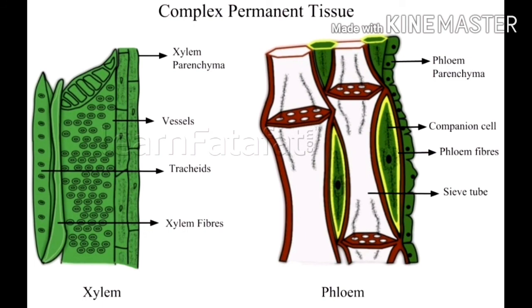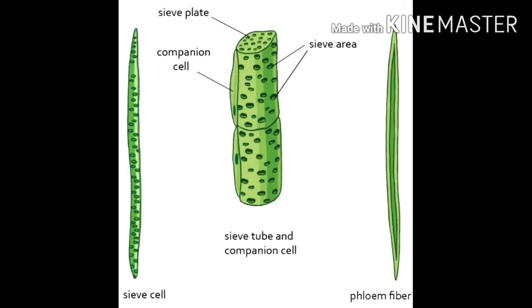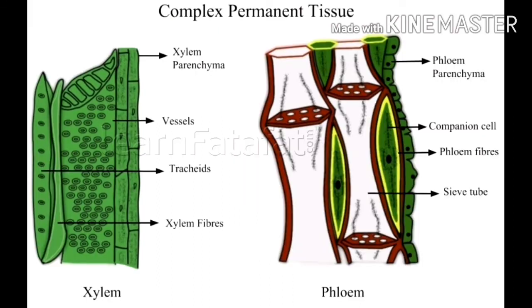And now companion cells. Companion cells are generally associated with sieve tubes. They are connected to the sieve tube cells. And companion cells have dense cytoplasm and a prominent nucleus. And now phloem parenchyma performs two functions. One is storage, and it slows the lateral conduction of food. And phloem fibers are dead cells. They provide mechanical strength to the tissue. And except phloem fibers, other phloem cells are living cells. That is why it is called living conducting tissue. So this is phloem.